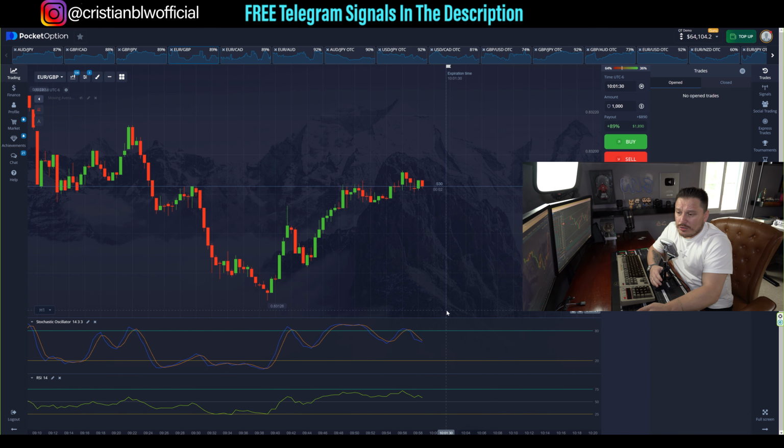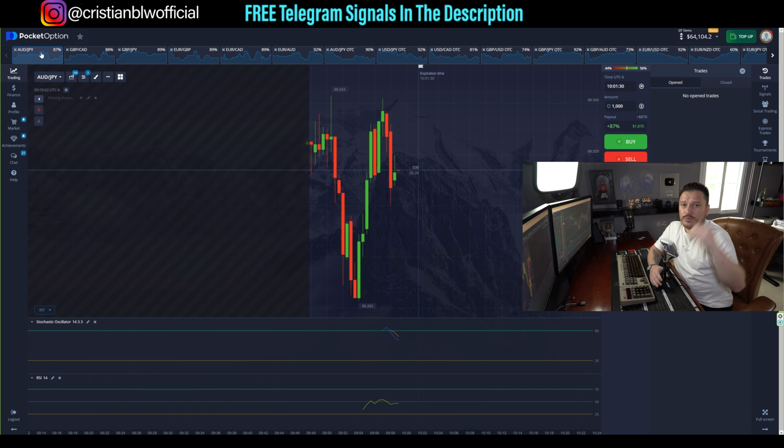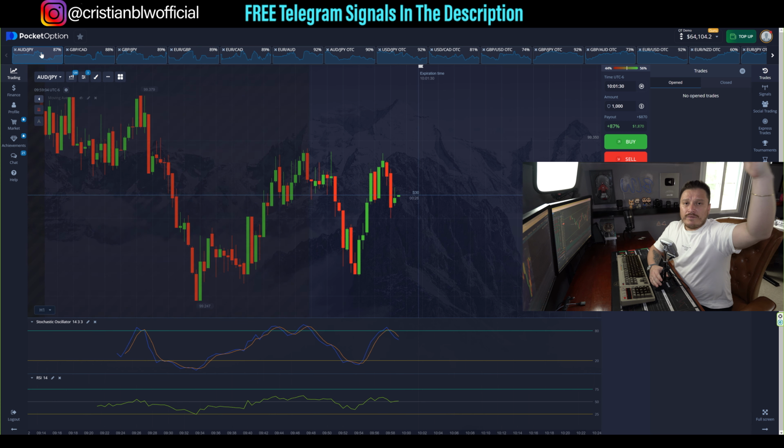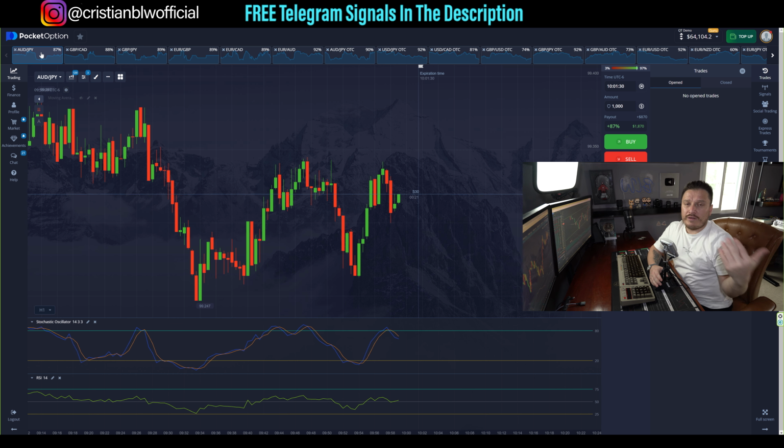Once you do that, all you have to do is wait for the price of the asset to reach the 75 level or the 25 level. If it reaches the 75 level, you enter a put position. If it reaches the 25 level, you enter a call position. This has to be combined with the stochastic being overbought or oversold, which basically means that